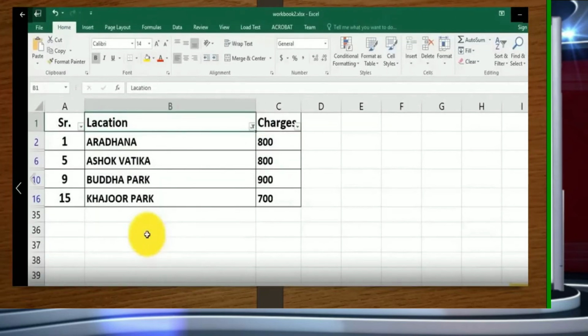Supposing I chose Aradhana, Ashok Vatika, Buddha Park and Khajur Park, when I clicked OK, only these 4 records appear on the screen. That means these 4 records I wanted to extract out of that large sheet. So this is called filtering. So sorting and filtering, I hope you understood.